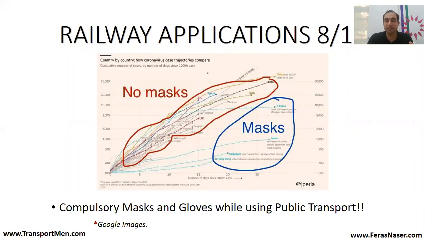There is a difference in terms of whether we should have compulsory masks or not. I don't know if you should wear masks whenever you are outside, but the figures are showing that the countries that have used masks in general have decreased the spread of the virus. We do not want to force people to do things that they don't like, but what I would like to focus on is to make sure that we have the control measures for the next pandemic and for the next wave of virus.